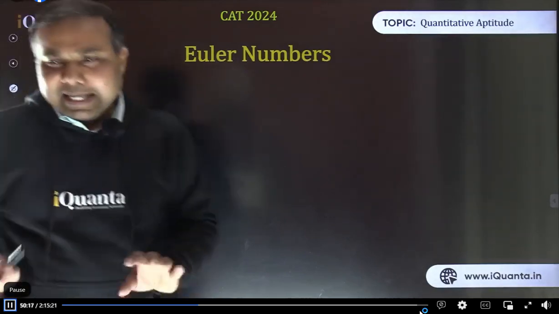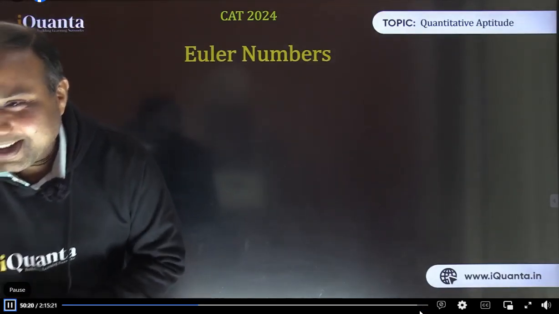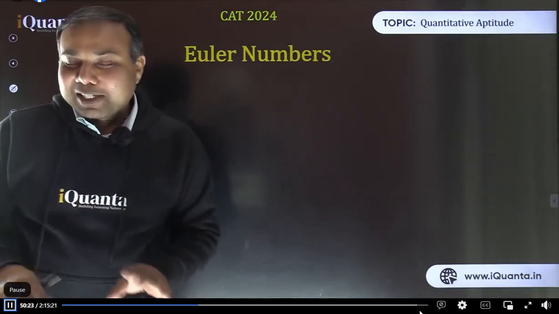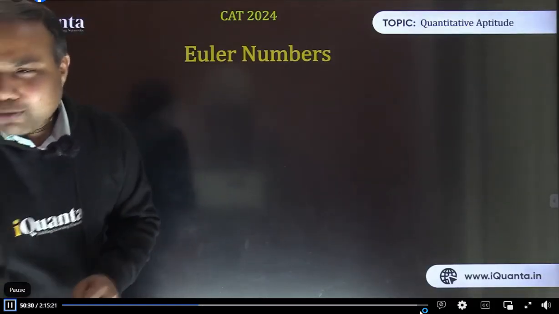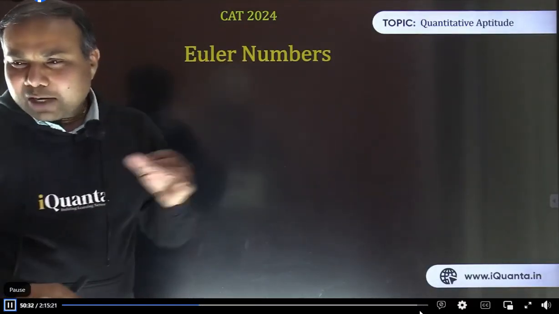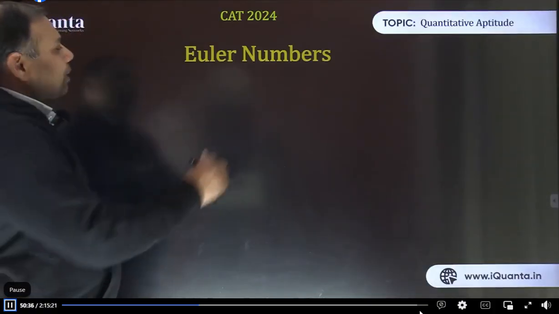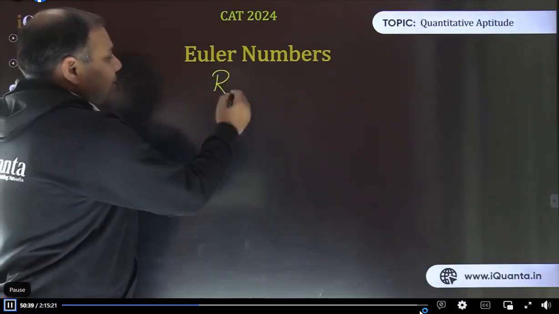Our purpose is to make things easier, not confusing. Don't get confused. It is to make things clear. Don't worry, Euler is also not very important. We have written this term Euler here, but before that we have to understand many more things. Okay, come back here. Now we are going to discuss remainders.